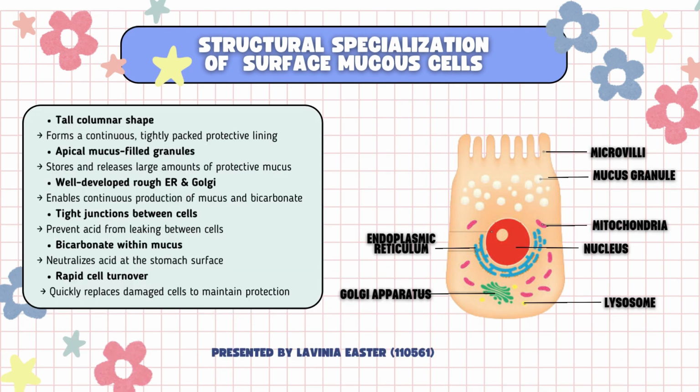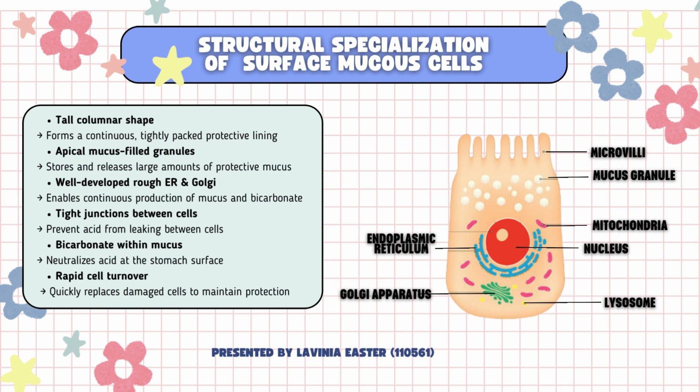Next, surface mucous cells have several structural specializations that allow them to protect the stomach lining. Firstly, their tall columnar shape helps form a continuous and tightly packed protective lining. Secondly, the apical region contains mucus-filled granules that store and release a large amount of protective mucus. They also have a well-developed rough endoplasmic reticulum and Golgi apparatus, which enable continuous production and secretion of mucus and